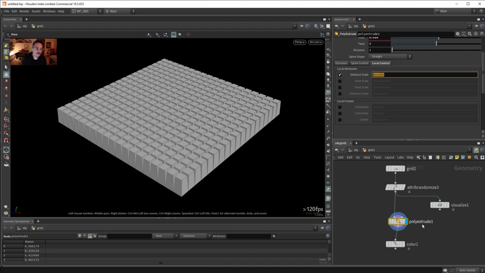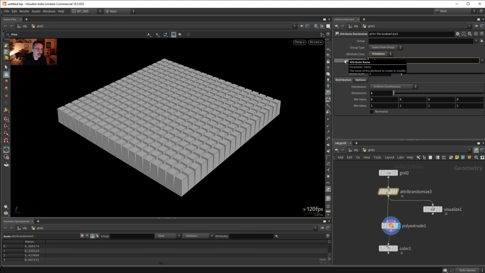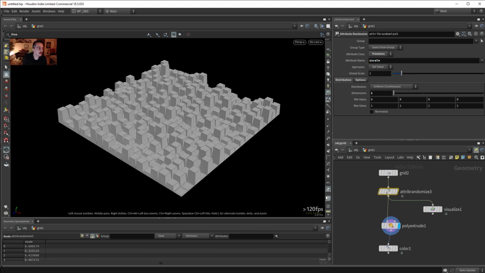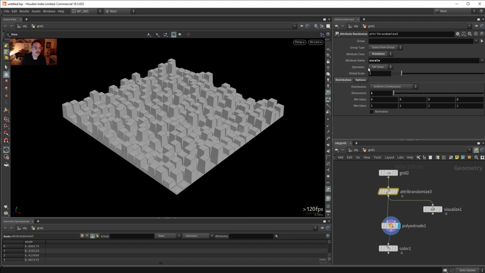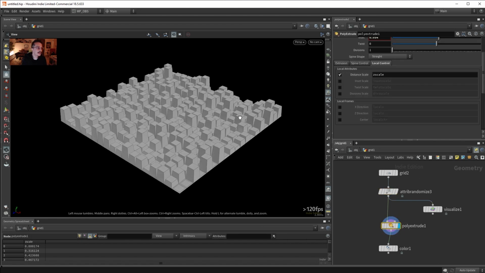But this is called Z scale and this is called randomize. So if we take the randomize now and rename it Z scale, boom. Now this arbitrary value attribute that we had before, because it matches the name of this here, it creates this